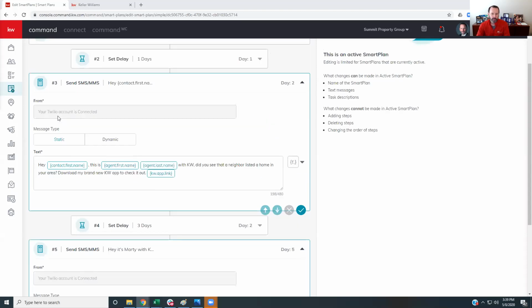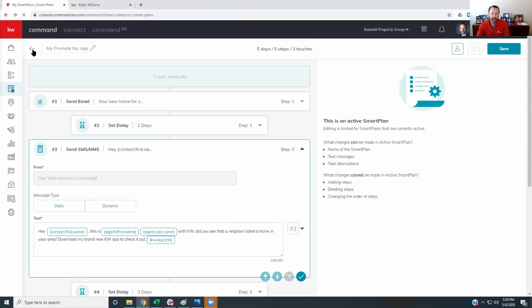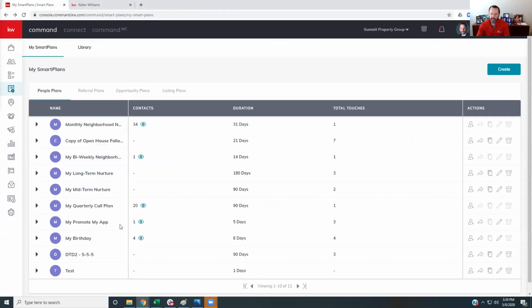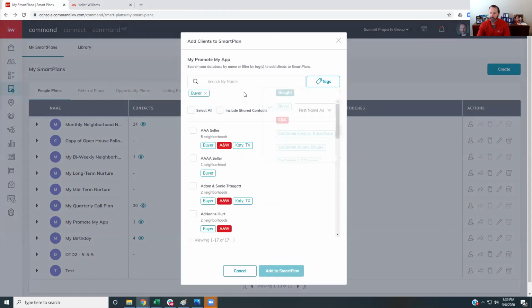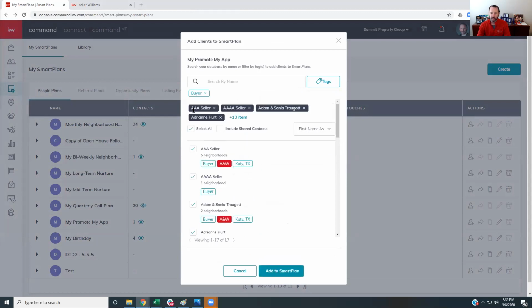So method number 3 is to put people on this smart plan. If you go back into my smart plans, you can see I have the ability to add contacts from the smart plan library just by clicking on their name, searching by their name, or I could search by tag. So if I wanted all of my buyers to be on this smart plan, I could go down to my buyer tag, and you would see it would bring up 17 different people, and I could click on select all and put all 17 of those people on this smart plan